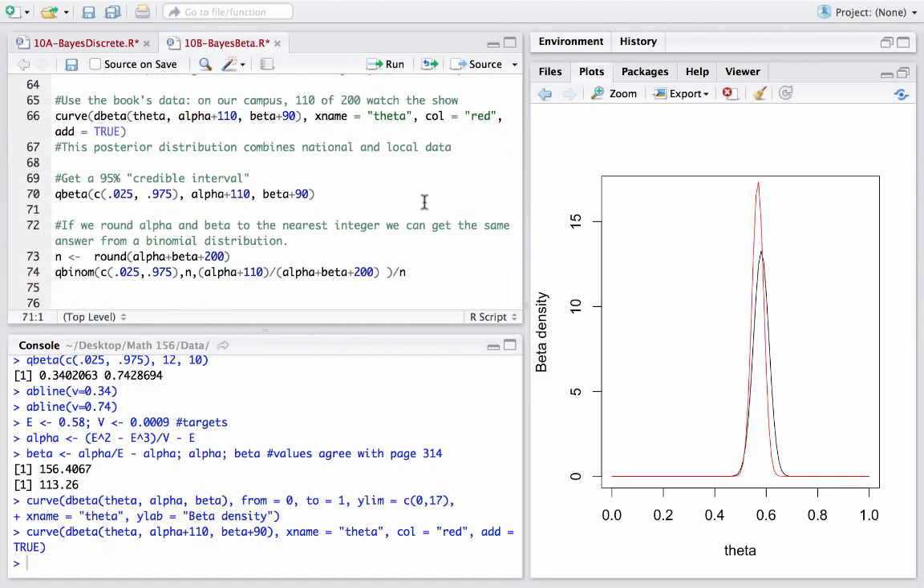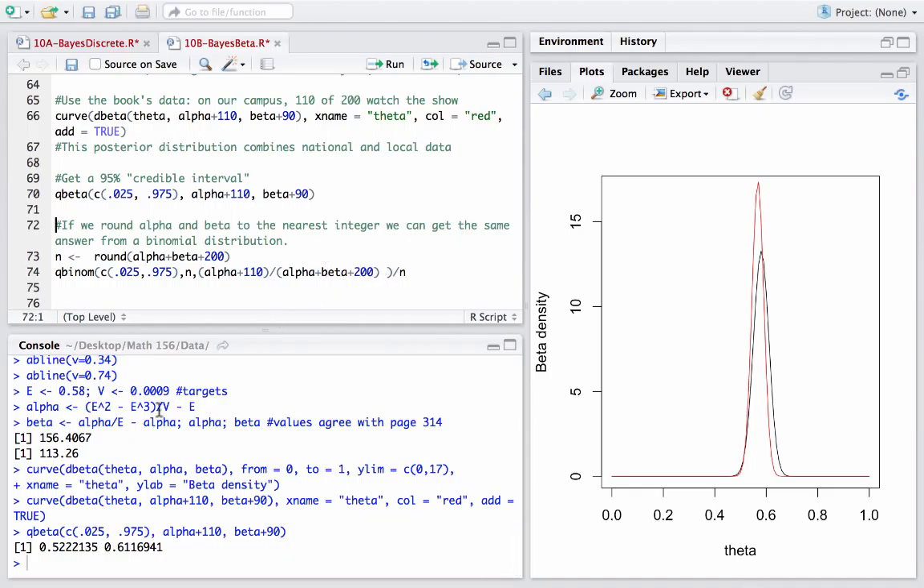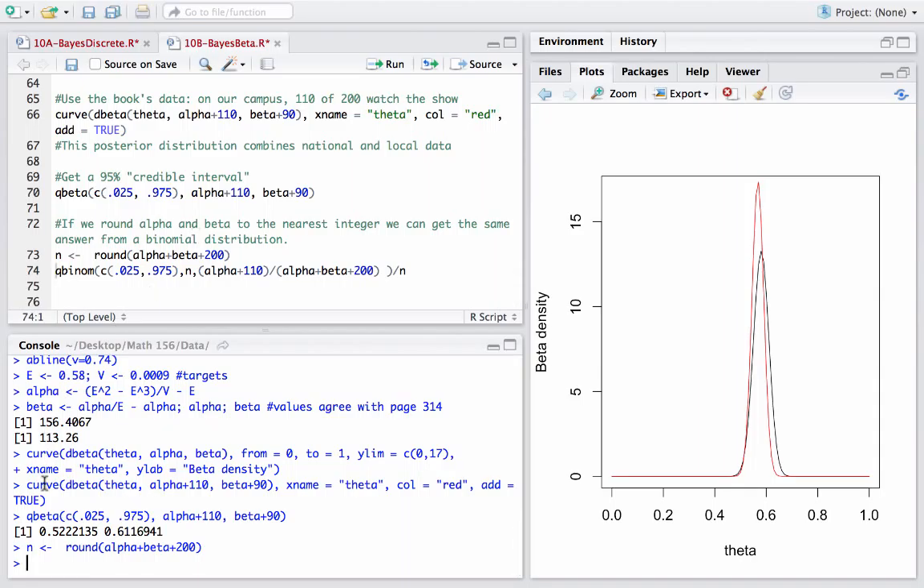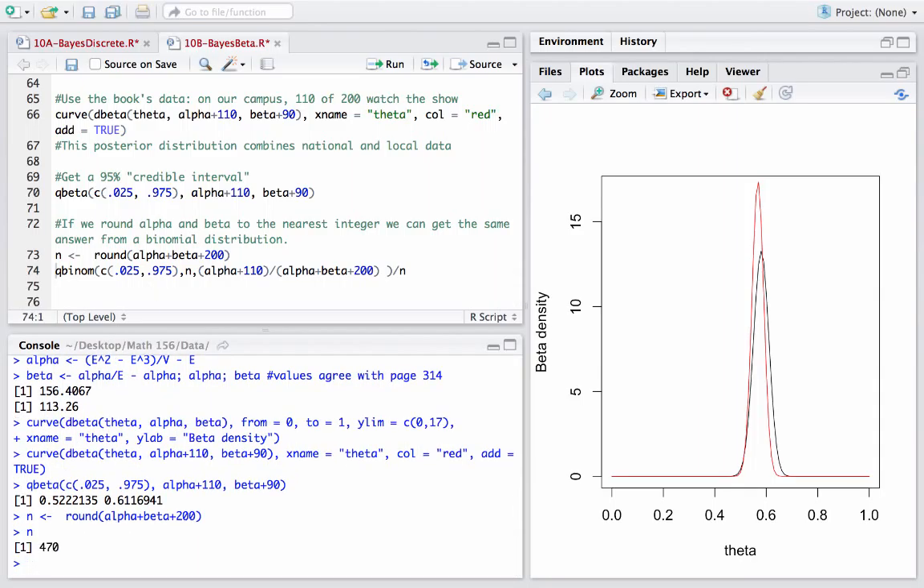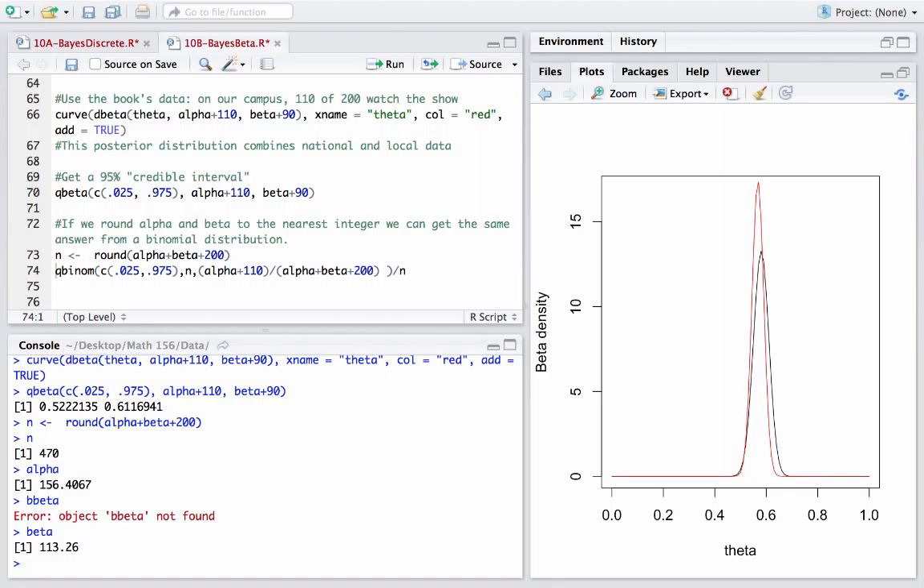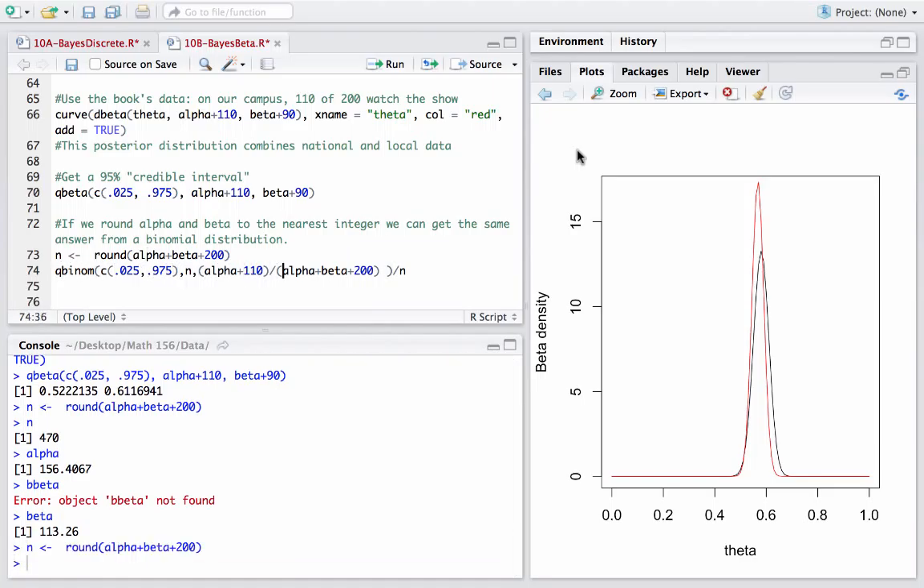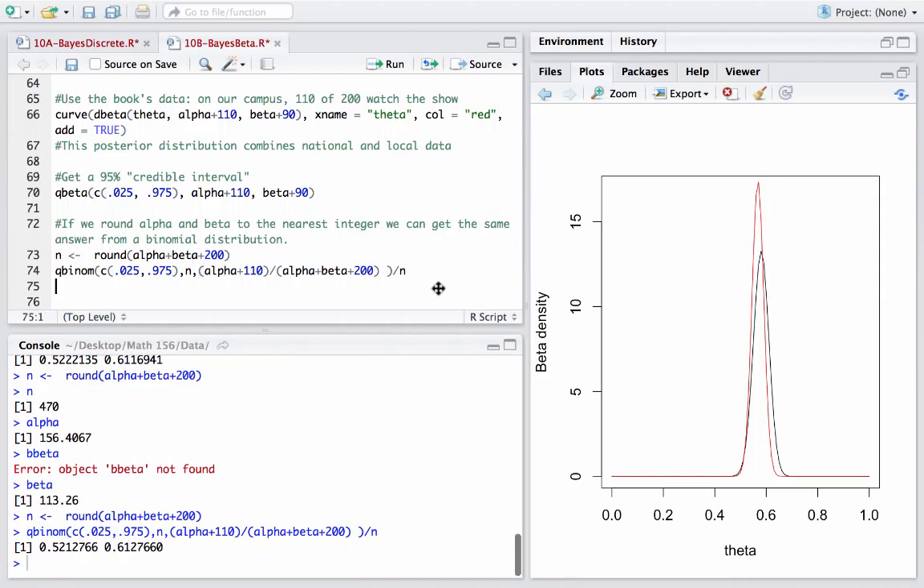And again, we can whip up a credibility interval, and it looks like it's going to be centered around high 50%. If we round alpha and beta, then this is similar to a poll with 470 respondents. So about 200 from our experiment, about 270 from the book's experiment. And if you just treat this as a binomial situation, you can construct a frequentist confidence interval, and you get something quite similar. It's always reassuring when you do something two different ways and get answers that are close,